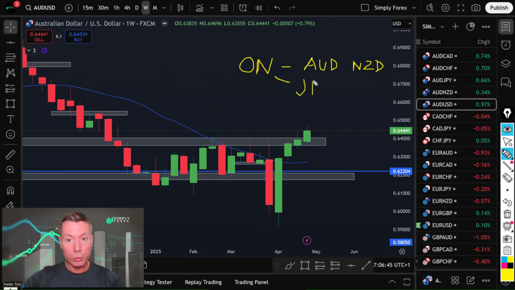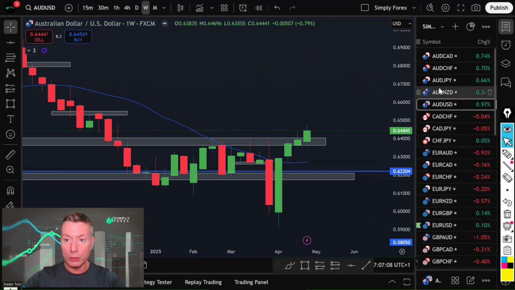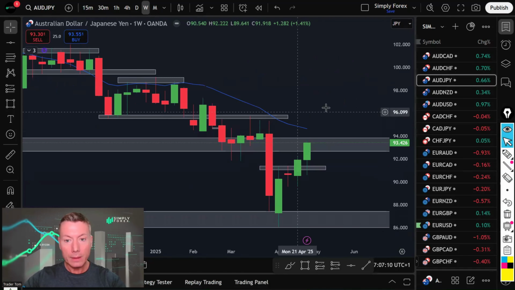Yen, Swiss franc, gold all become weak, which is what I've just shown you. So it's very important that you understand that dynamic. Now, with that understanding, you would think Aussie dollar yen, for example, would be a very good buy trade. Now, let's take a look at Aussie dollar yen.